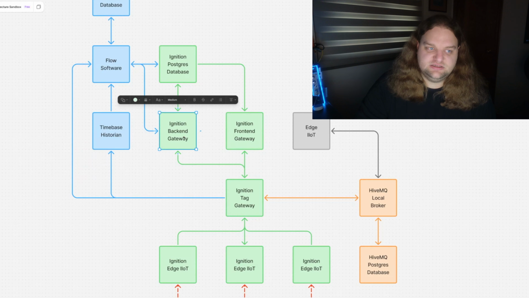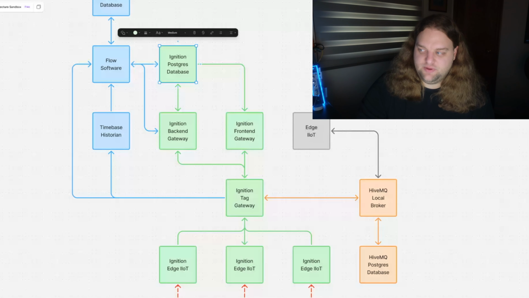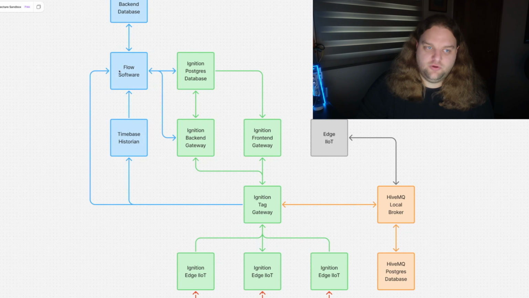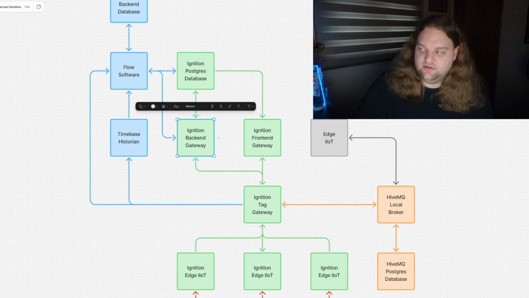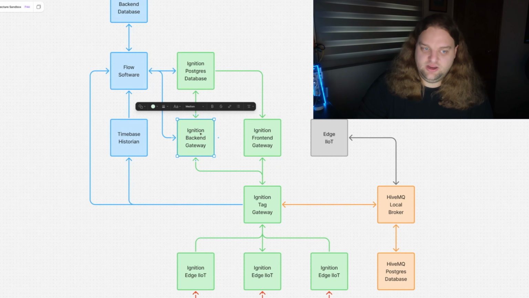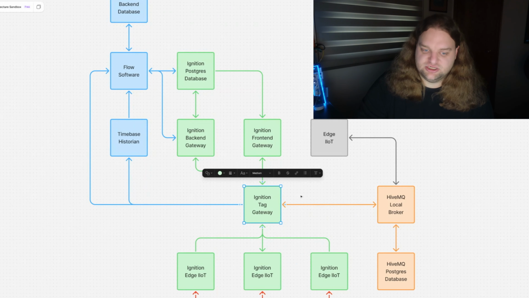It will have access to the Timebase historian and the backend Ignition database, depending on what we do or don't want to put in there, as far as maybe an MES database or anything else that could exist for the backend functionality. Flow will have access to that as well. And then Flow can also write the data back into our database as well as back into the OPC server on our backend gateway, which can then condition that data, have all of our functions and our backend functionality, SQL queries, Flow software KPIs coming through here to be cleaned up before they're funneled back into our proper Ignition tag gateway for everybody to